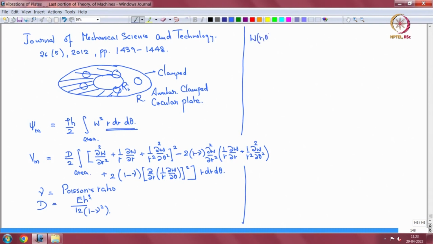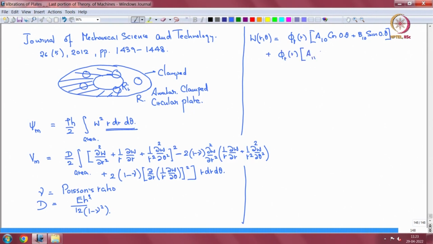R comma theta we choose in this form, which is phi 1, we will tell you phi 1 later, phi 1 of r into a 1 0 cos 0 theta plus b 1 0 sin 0 theta, which is 0, okay, plus phi 1 of r